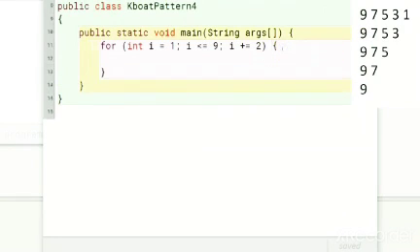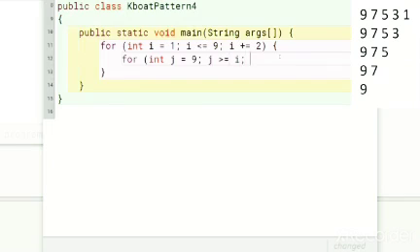Coming to the inner loop, all rows are starting with 9, so I will initialize j with 9. We already saw that i is giving the last term of each row. So the condition of this for loop will be j greater than or equal to i.